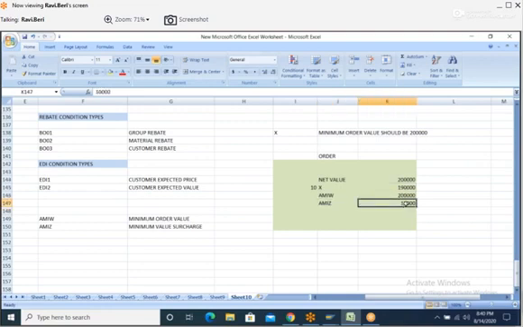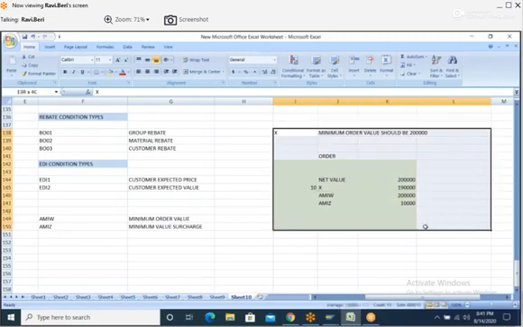So if you have any such requirement, we maintain in AMIW. And it will see what is the difference, 10,000. System will automatically add 10,000 in AMIZ, and it will make the net value 2 lakhs. If it is 2 lakhs or more than that, not a problem. If it is less than 2 lakhs, whatever the gap for minimum order value will be taken automatically into AMIZ, and that AMIZ will add to X material value and make the net value 2 lakhs, as per client's requirement.